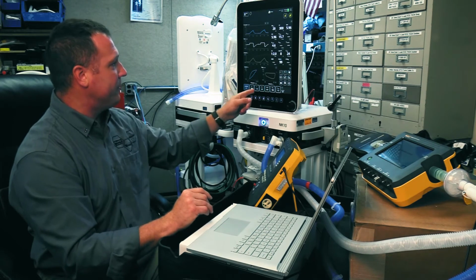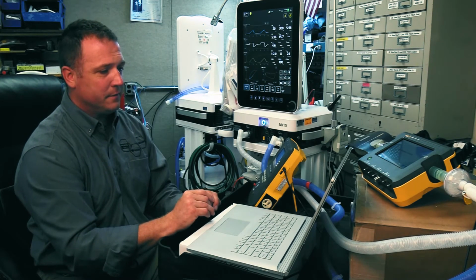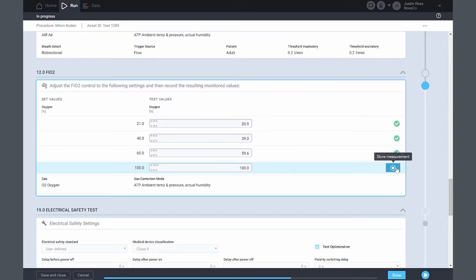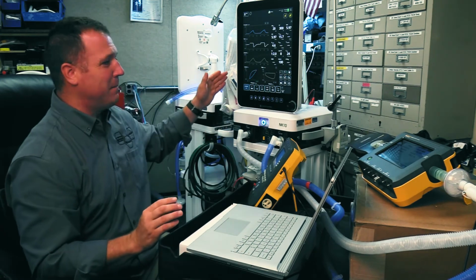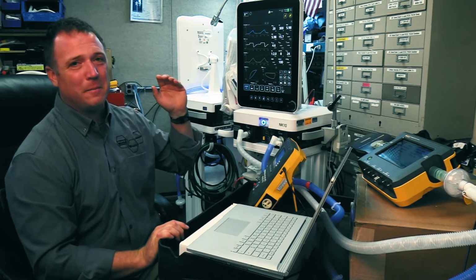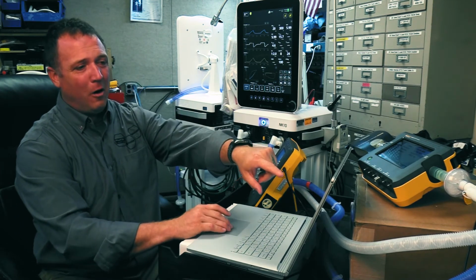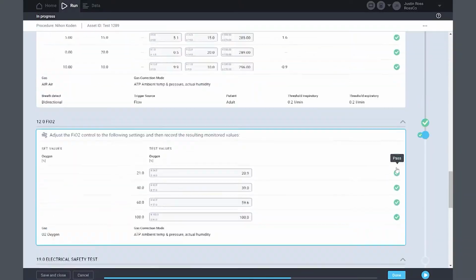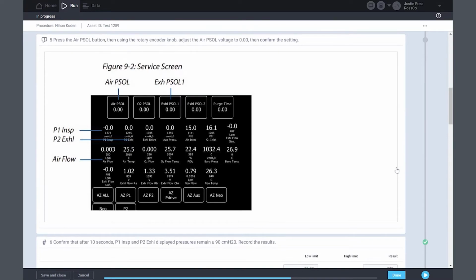All right, so we have set at 100. We're at 99.65. Give it 2-3 more breaths. All right, there we go. We're at 100 and stable. And we're done. It was that easy to do my measurements. I didn't have to worry about transposing a number. I didn't have to worry about the staff distracting me and me forgetting a step. As I look up 1QA, all my steps so far are green. That means everything has passed and I can move on. It's perfect. Love this. It's so easy to use.